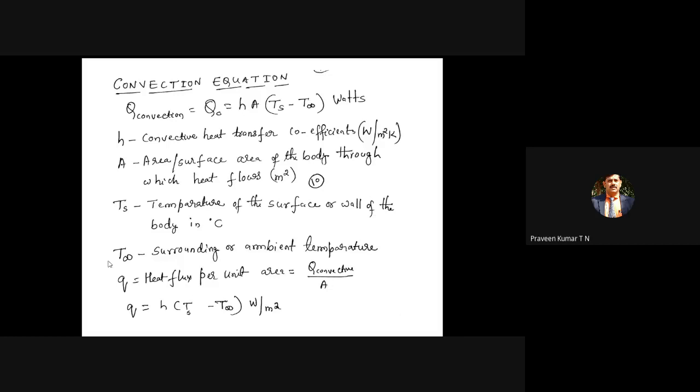So most of your heat transfer work uses the convective heat flux per unit area. Once you divide the total convective heat transfer by the surface area, you get the heat flux. Even in mechanics of materials, you are not expressing the strength of a steel rod in terms of some tons or 10 kilonewton or 40 kilonewton. For that you divide by the area, and then you get the strength.